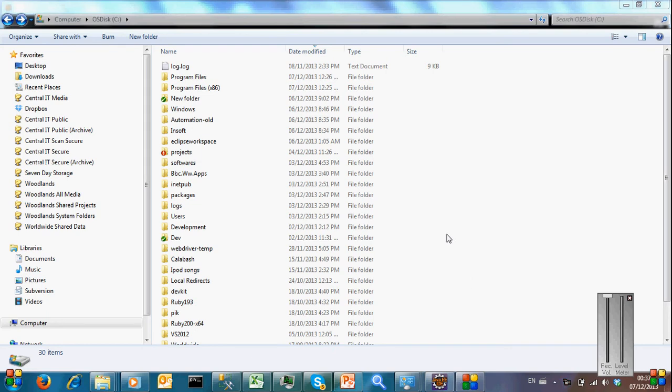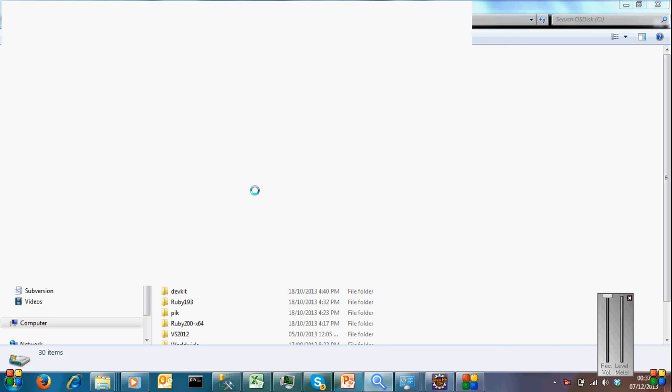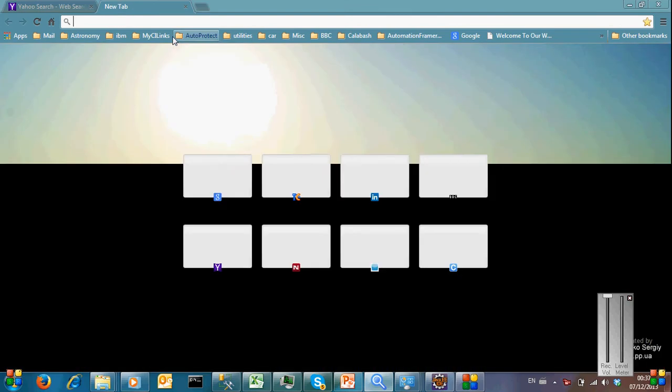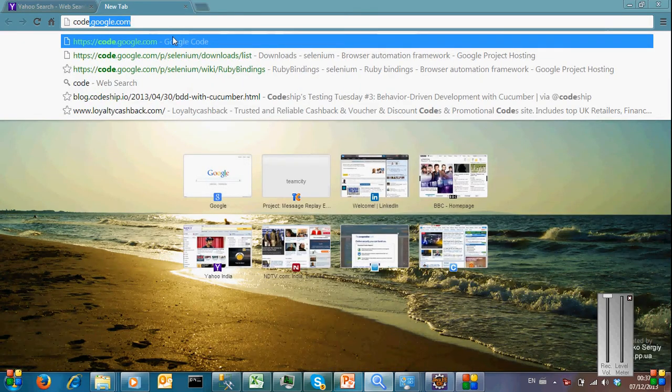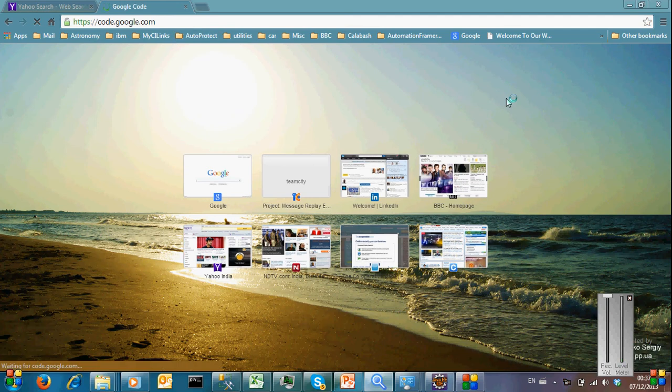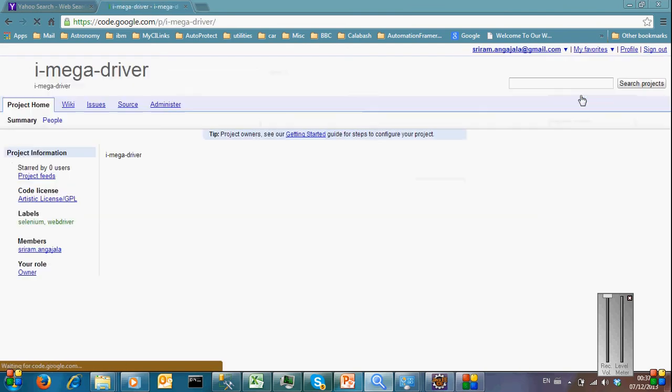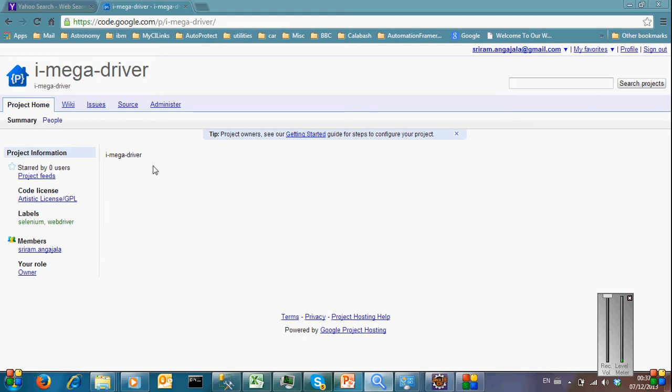First and foremost thing that you need to do is go to my code website where I have my code, and you need to get the URL. For that purpose you have to go to code.google.com. I think you might have already got the link. So we have Mega Driver as our project. So go to Source,